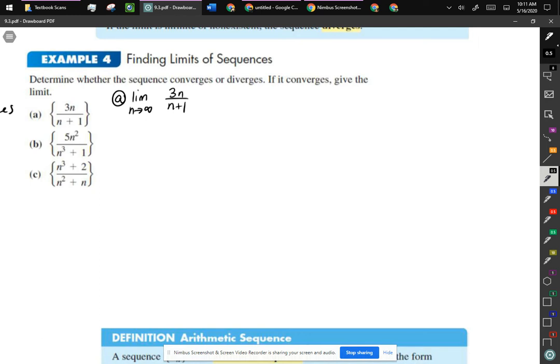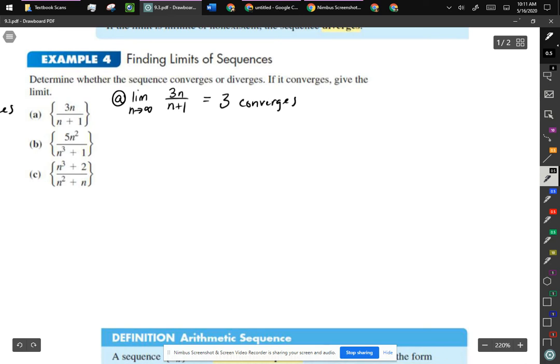Now, just like before, we were talking about how this is not top-heavy, it's not bottom-heavy, right? The exponent up here is n to the first and n to the first. I could ignore that one. Anything with a lower exponent or doesn't have a variable you can ignore as a constant. So really this is just 3n over n, right? Well, 3n over n just becomes 3, so that's just 3. And so that converges